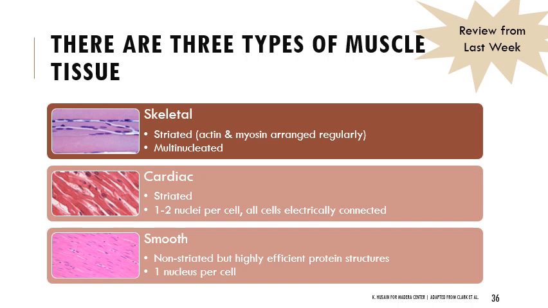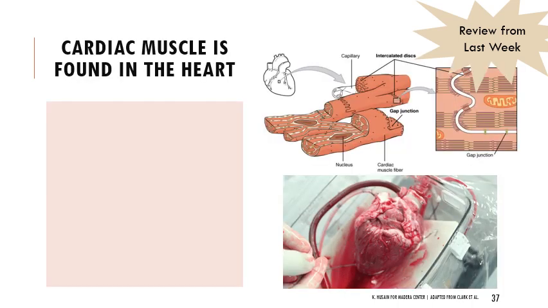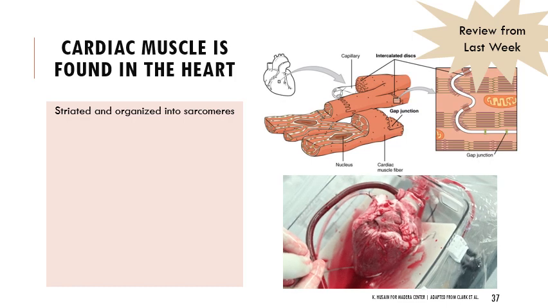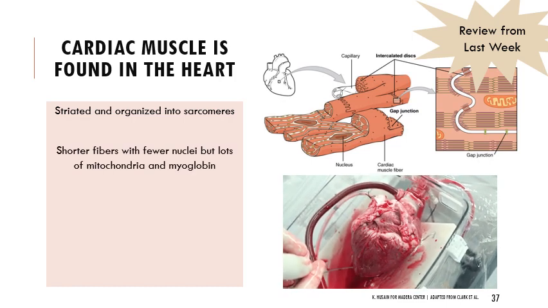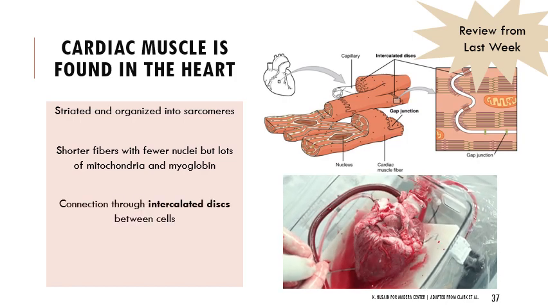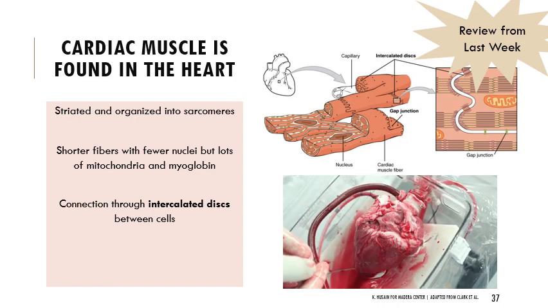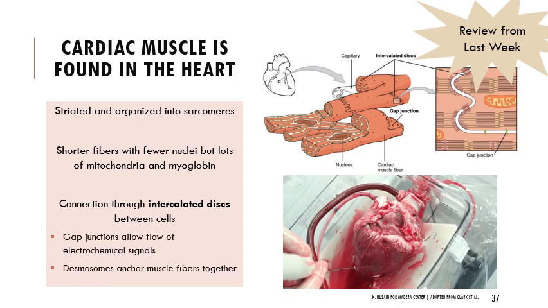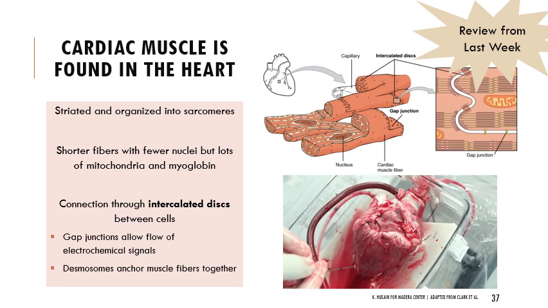So remember, last week we talked about skeletal muscle. We've also briefly revisited that in the respiratory system. Today we're focusing more on cardiac muscle and smooth muscle. Cardiac muscle is found in the heart. Remember that it's structured similarly to skeletal muscle in terms of striation. There are some differences in terms of the cellular components, but the connections between the cells really matter. There are intercalated discs between cells. There are also gap junctions, which allow the flow of electrochemical signals, and